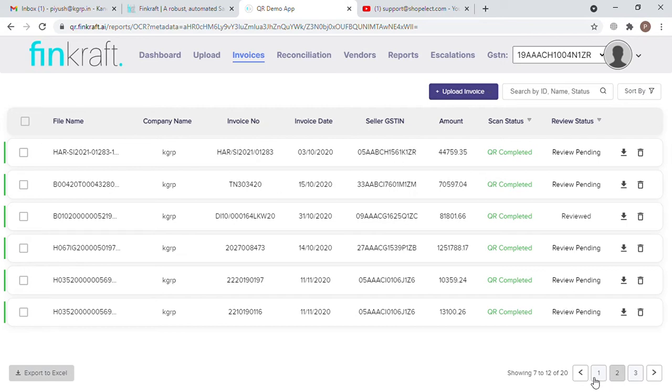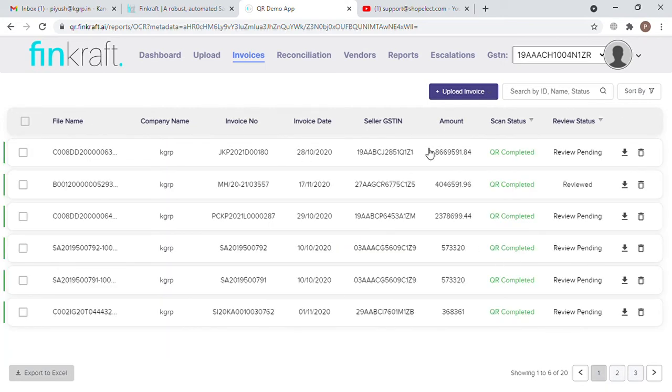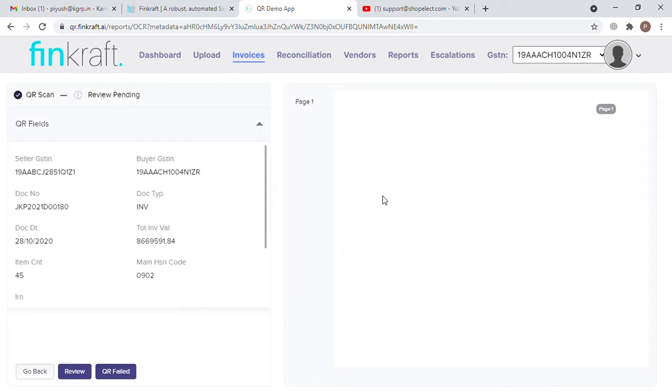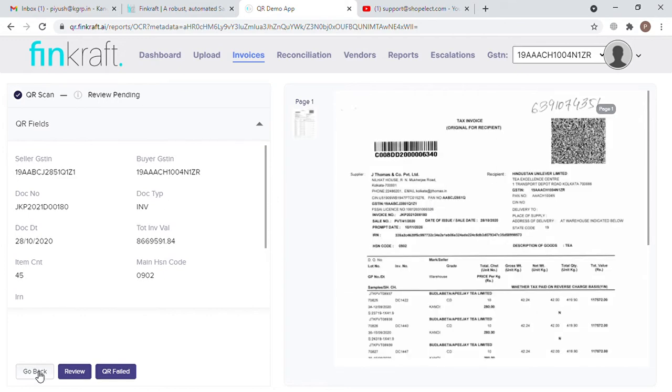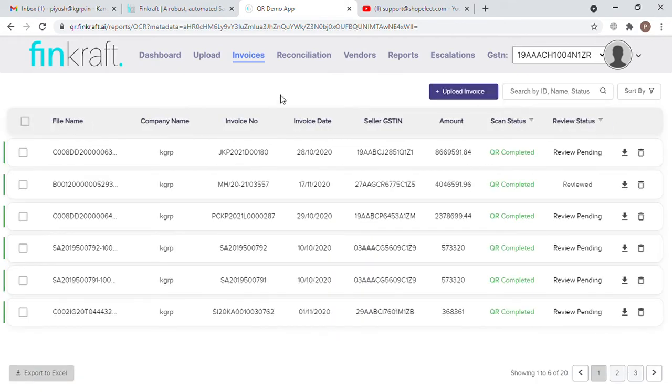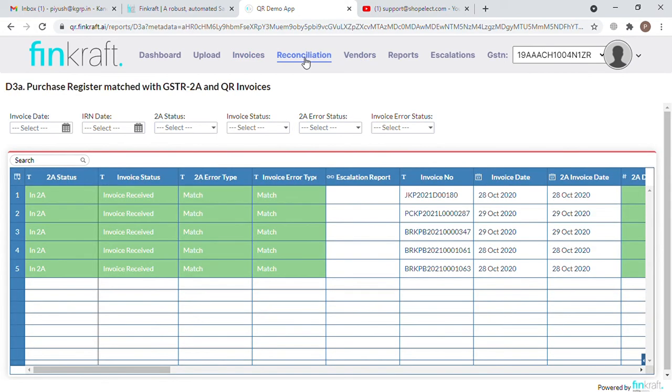So it's been read. This is the invoice number that was missing. We have uploaded it. Our tool has read the QR, also given us the data. We just uploaded the invoice and we can see the escalation has been resolved. We have received the invoice.